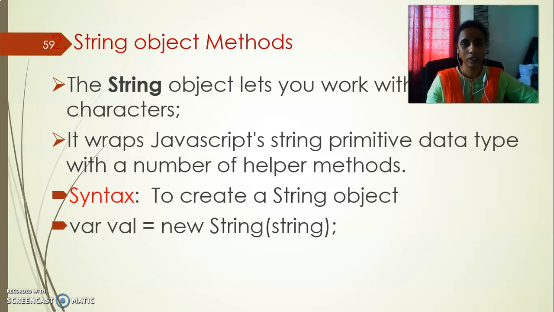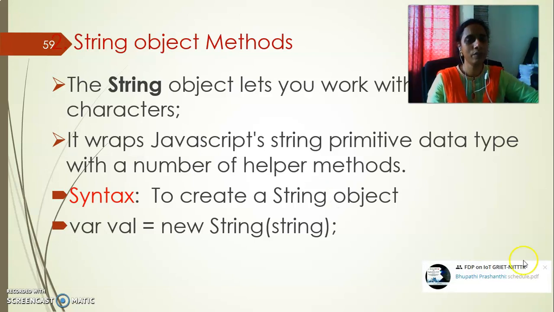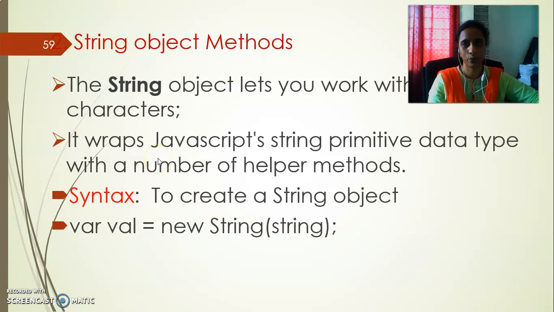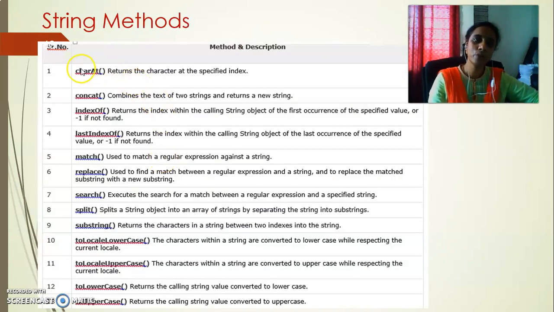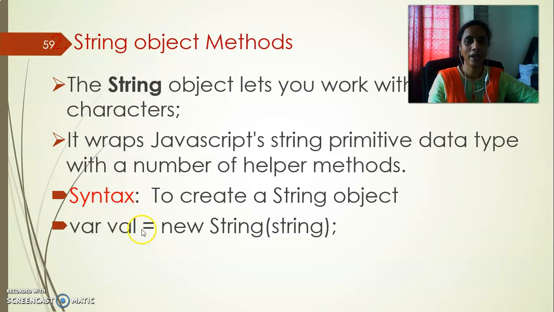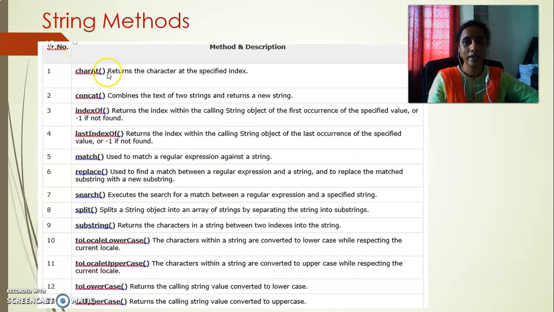Now you can see how you can forcefully convert a variable var to create a string object, to store the content as a string object. Or you can directly write it as equal to, within double quotes, the message, like welcome or whatever you want to store. That is one method. After you store that, like val is equal to welcome, you can apply val dot charAt and specify whatever you want. Like charAt 5, so that the character at the 5th location is returned.